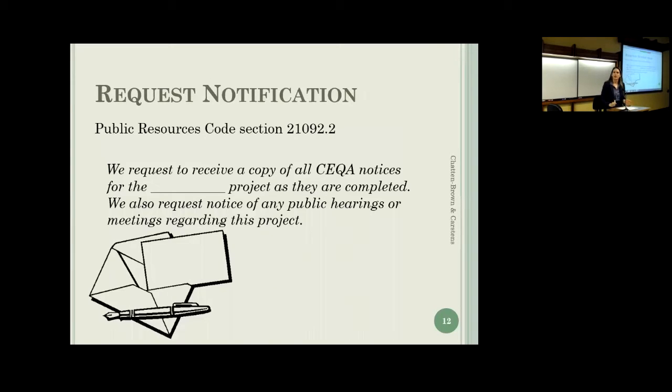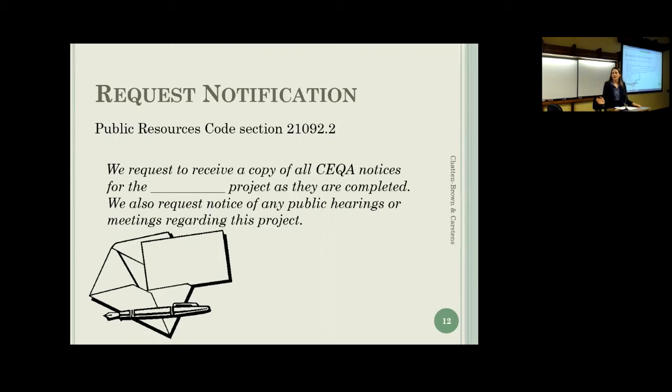And here's a little plug for the community folks that I always like to remind people. You can request notification of any type of CEQA notice that's coming out. For example, when there is a notice of intent to adopt a negative declaration or an MND, or a notice of completion of an EIR that you can comment on. Before that, if you have any inkling that a project's happening, you can send in a request to the agency that asks for a copy of all CEQA notices relating to a specific project. If you don't know the name of the project or it's unclear, put in the specific address, put in as much detail as you can so that they will know what you're talking about.